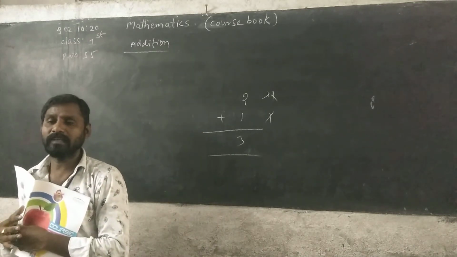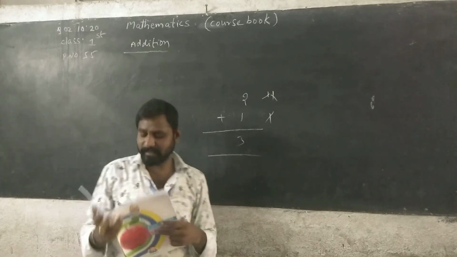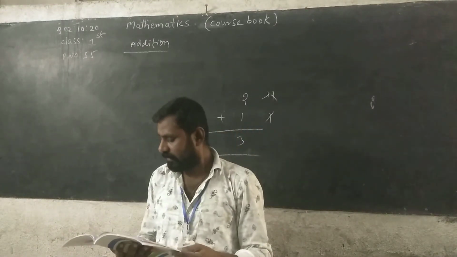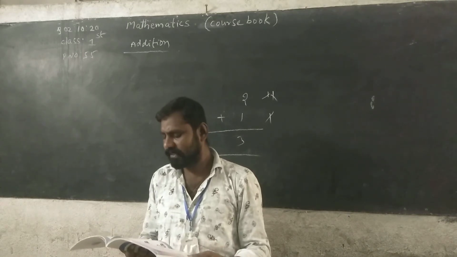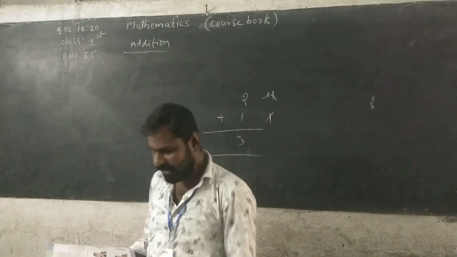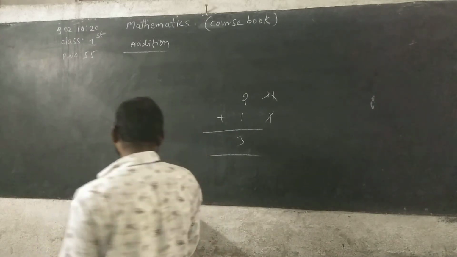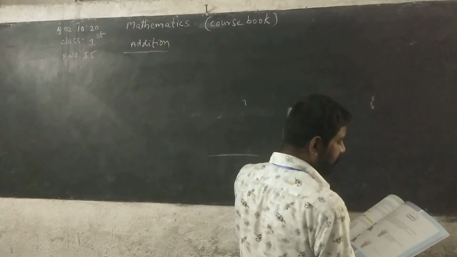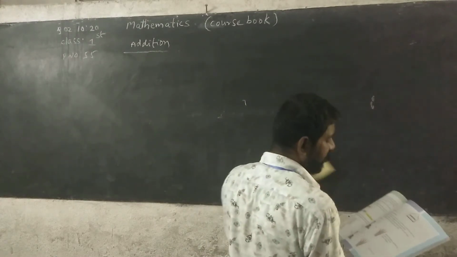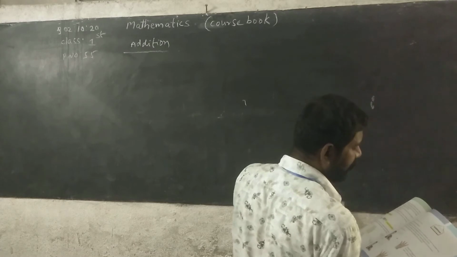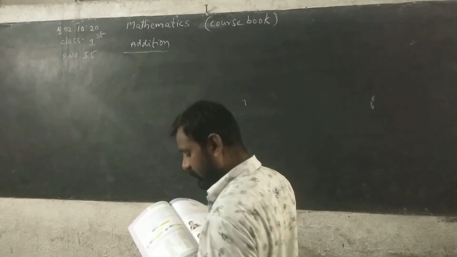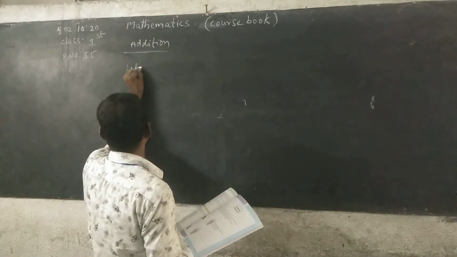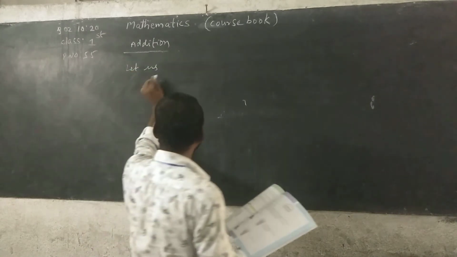So here one method is given. See, listen carefully. Of the two numbers, keep the bigger number in your mind. Look at the next number and open that many fingers on your hand. Now start the count from the number in the mind. See here. Let us calculate. Look at the blackboard. Let us calculate means add.